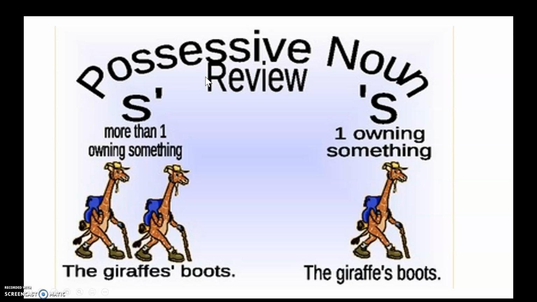So, possessive noun review. This is a really overly simplified version of the rules. If you have one entity that is owning things, so the second noun is being owned by a singular noun, then it's generally apostrophe s. The giraffe's boots. You have one giraffe, even if you have multiple boots. If you have a plural noun showing ownership, it's typically s and then apostrophe. The giraffes' boots, because giraffes is plural there. You have 2 giraffes.